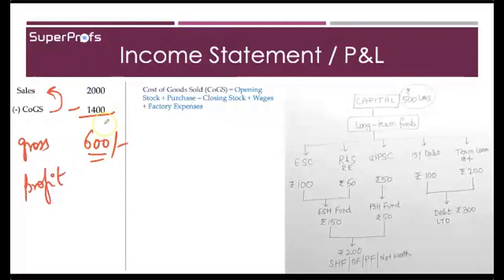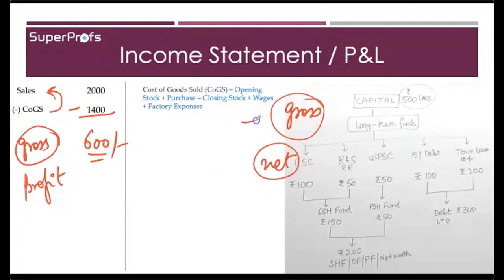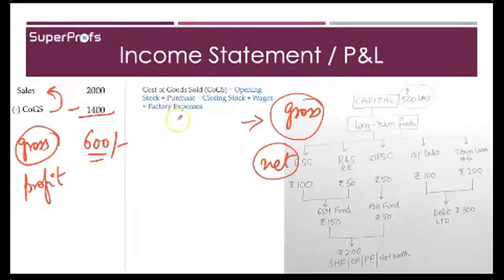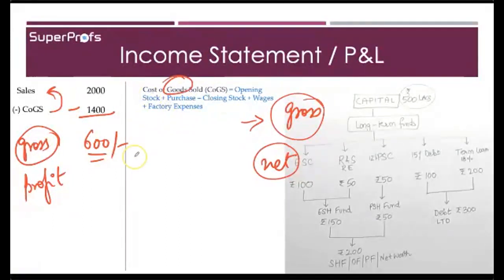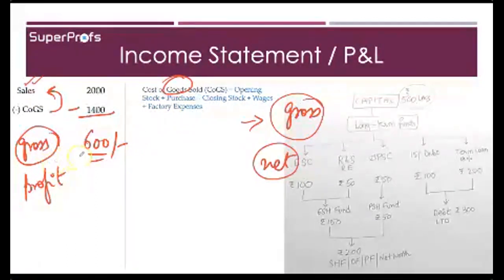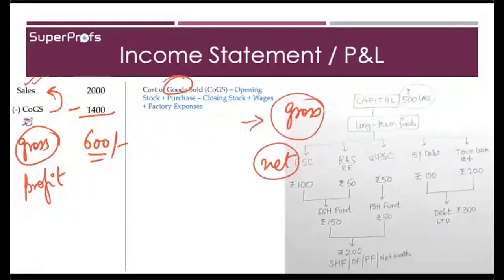The amount that you get is the gross profit. What does gross profit mean? There will be two terms which we'll be discussing again and again: gross and net profit. Now, gross profit is overall, talking just in terms of the goods which have been sold. This is the gross profit, where the cost that you have taken is only in how the goods have